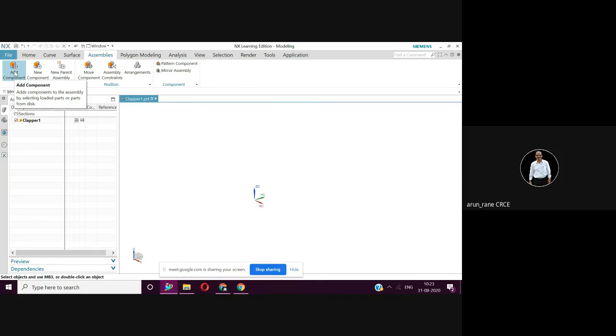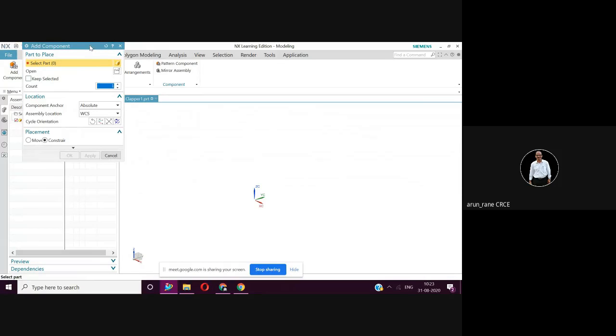So I'll go for add component because I'm using this file only, clapper one. I'm not using another file. I don't want to create another file. I'm in this file only, clapper one. I have only deleted everything, so it cannot be a new component. So add component. Otherwise, you can go for file new, select your path, and start doing it.